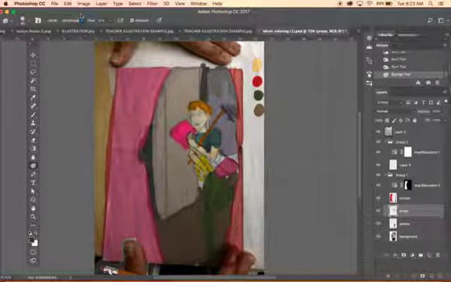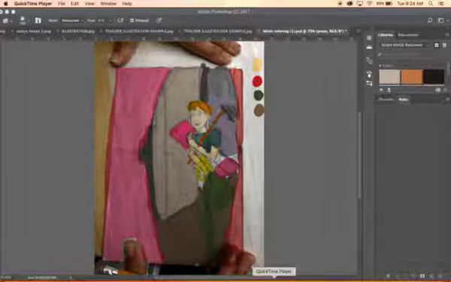If I wanted to see what it looked like with less color, I can put it on desaturate and it will make that area more gray. So these are other tools that you can use to help you really figure out color. All right, so I hope that you find this helpful, and I'm going to put this up on